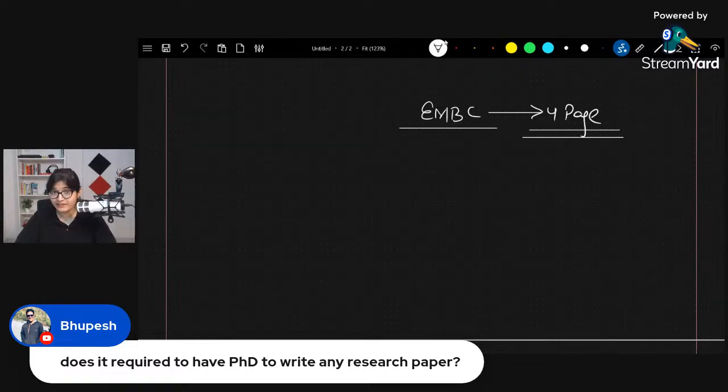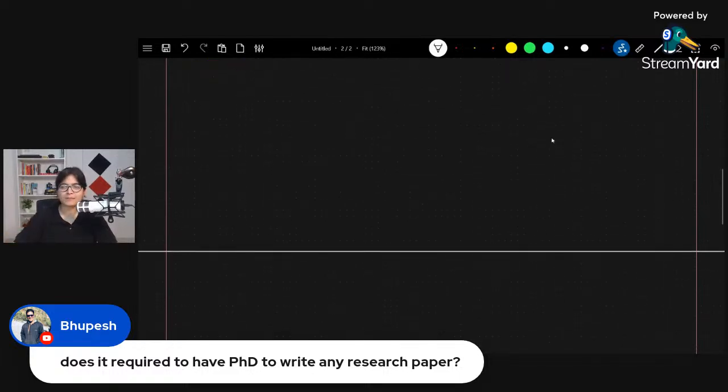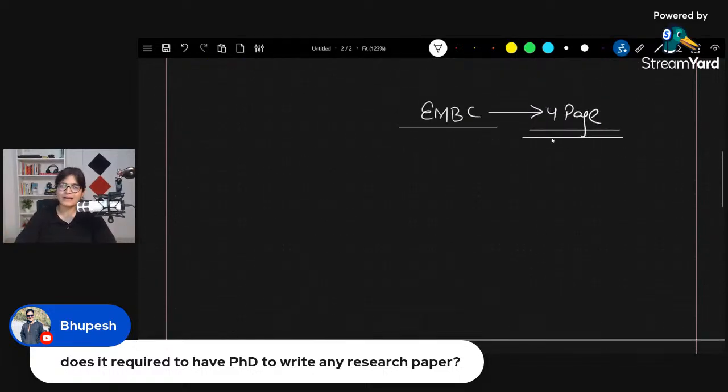Is that part clear to everyone? That is the format from which you're supposed to write any research paper. Now, as I told you, every research paper demands a fee. For example, if you're publishing in India itself, it will not require that huge an amount. But if you are publishing outside India, for example, my publications are in Europe, that requires a huge amount of payment as well. But because I was doing my master's from IIT Hyderabad, all the payment was done from the IIT side, not by my side.